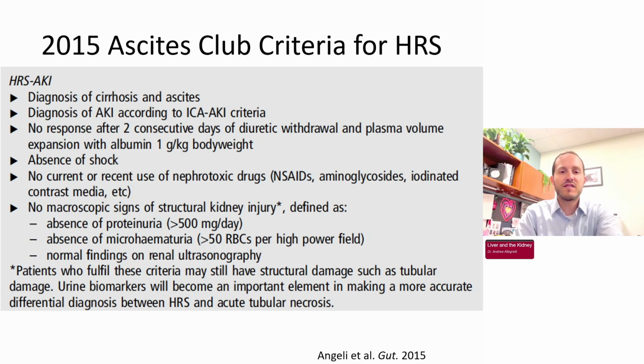The International Club of Ascites has been defining hepatorenal syndrome for the last, say, 2 generations. The most recent large-scale update was in 2015 and has been largely adopted and slightly adapted by different national and international societies. But this is sort of the bones of what we've been working with for many years. And think of it as a checklist, as a group of diagnostic situations or prodromes or rule outs, if you will, to help you address other forms of AKI and rule out other AKIs in a population at risk. And that population at risk is patients with cirrhosis and ascites.